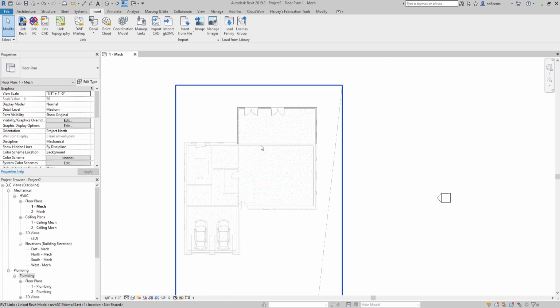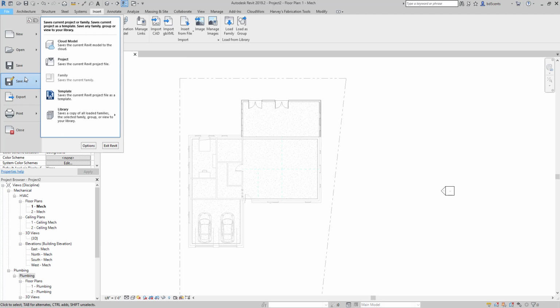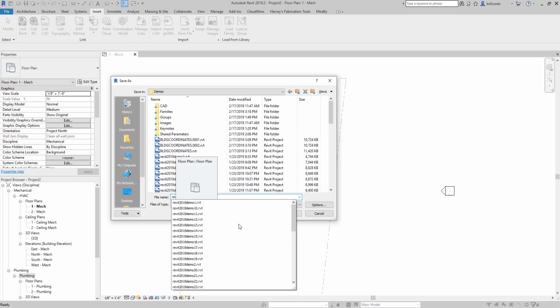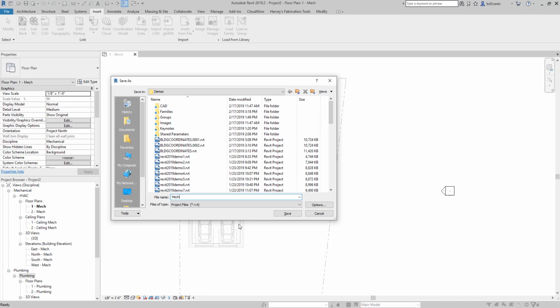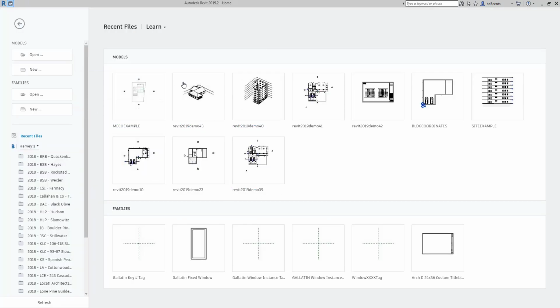And what we'll want to do is copy monitor elements. Now, I don't have grid lines drawn in here. So what I can do is close out of the mechanical project, but what we're going to do is save this. Actually, we'll save this as mechanical example, mech example, save. And we'll close this, open up demo 43,